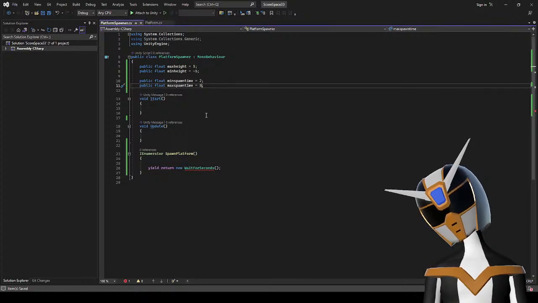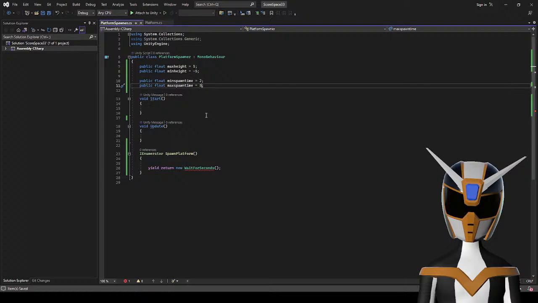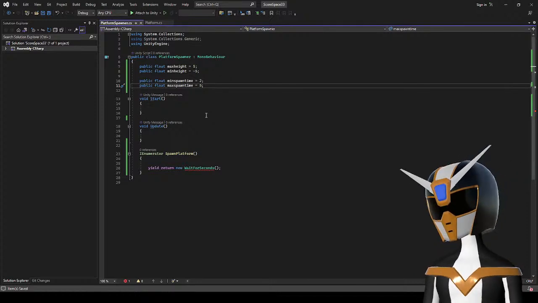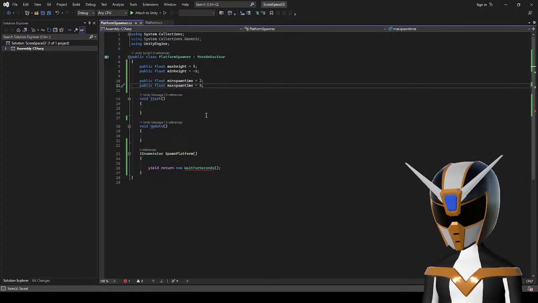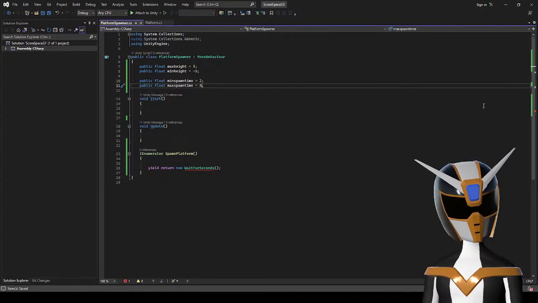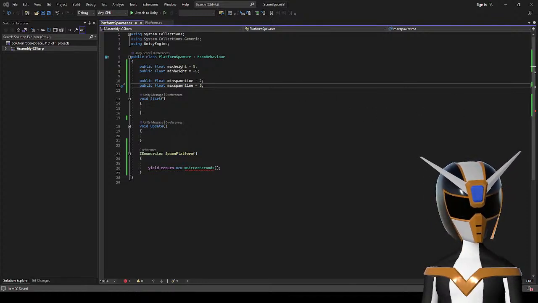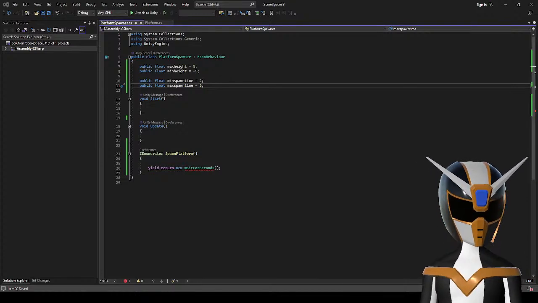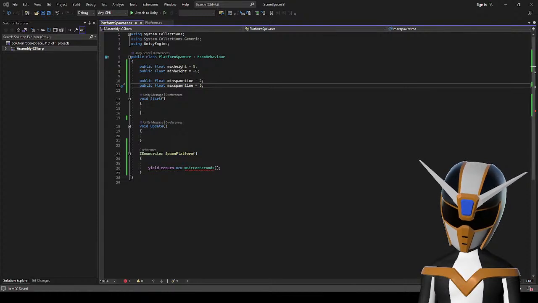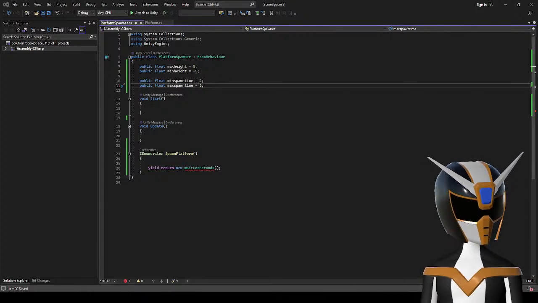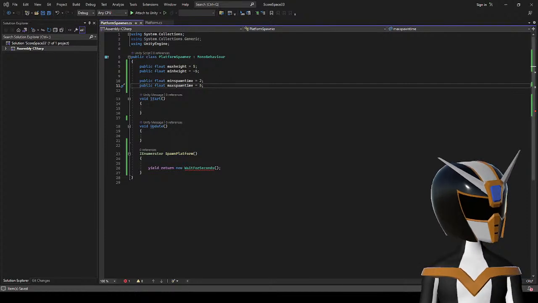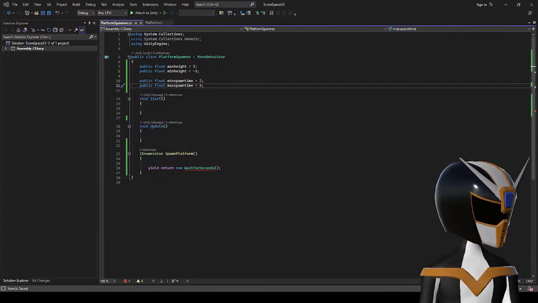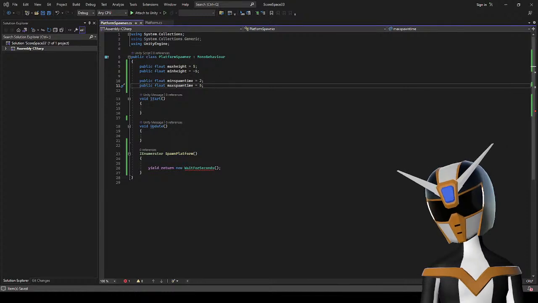Those are just going to be temporary numbers for now, but I'll adjust those as I make this game. Hold on, I'm just gonna make sure I'm doing this right. Yeah, yield return new WaitForSeconds.